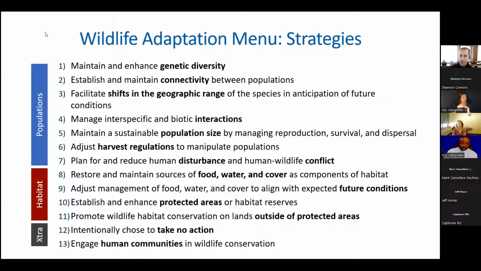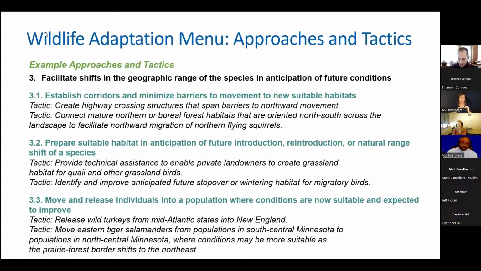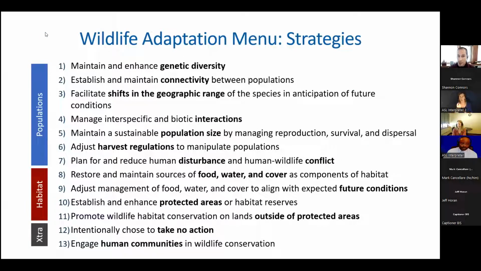Within that strategy, I mentioned all the hammers in the hardware store. There's something like a dozen specific approaches that describe different ways of orienting or managing protected areas specifically. And so you could use that as a rubric to imagine different ways of prioritizing the landscape and evaluate those against your conservation objectives. That might open up some new ideas.